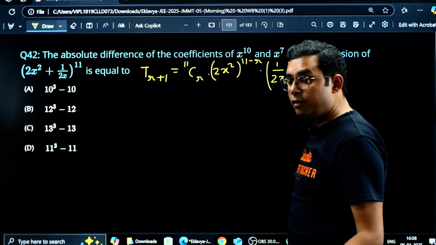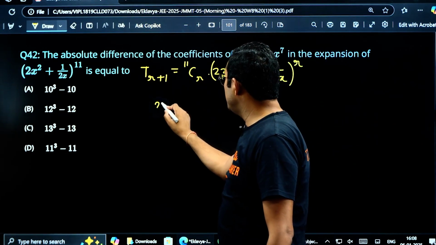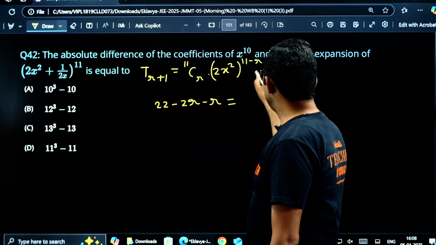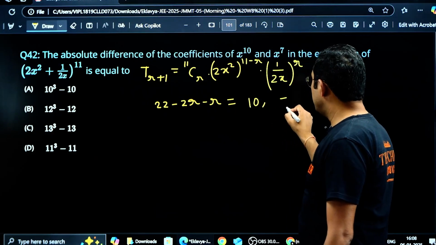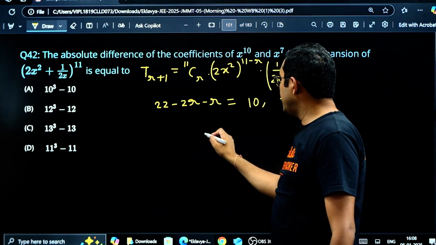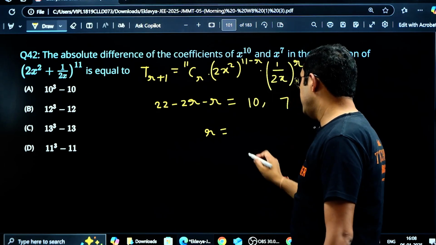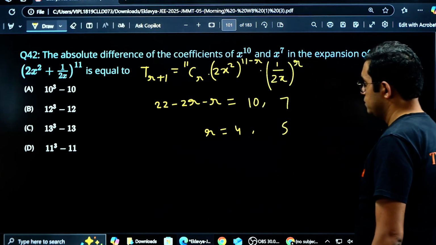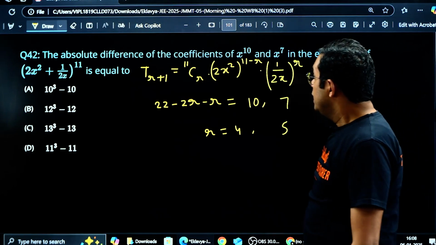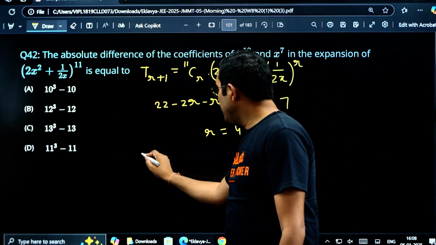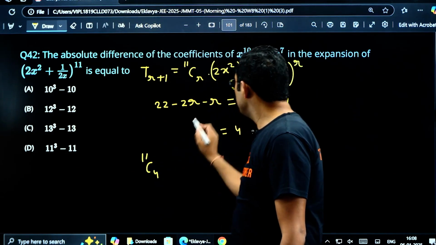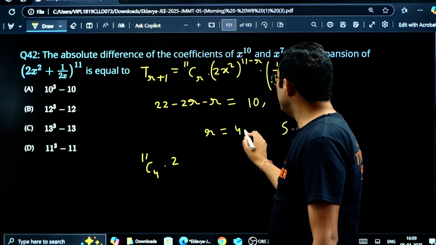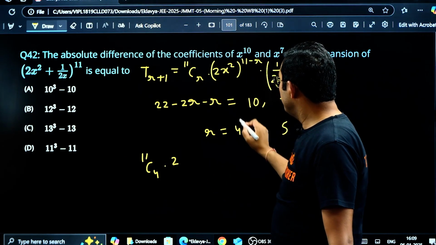Okay, now the power of x will be 22 minus 2r minus r. In one case we want 10, in the other case we want 7. In the case of 10, I think r will be equal to 4, and for 7 it will be 5. Yeah, okay. Now the required coefficient then will be 11C4 into 2 power,